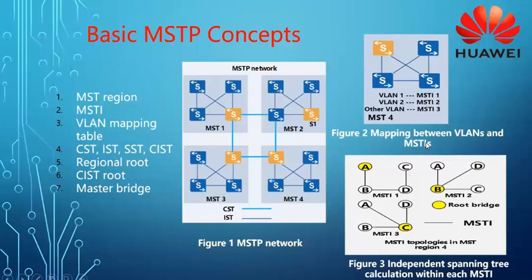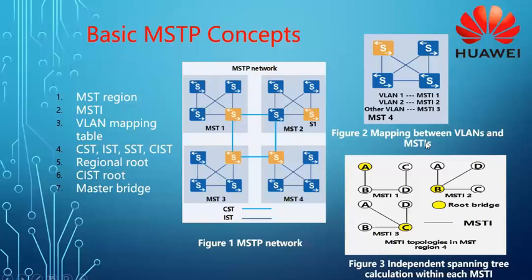So how does it work? These multiple instances give us multiple trees, and each tree or MST instance has its own root bridge, and the configuration of MSTP is about all these